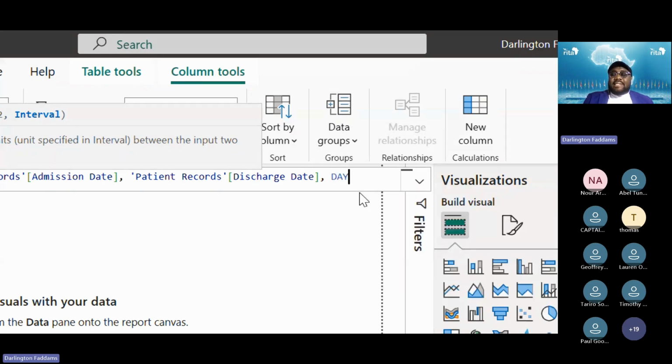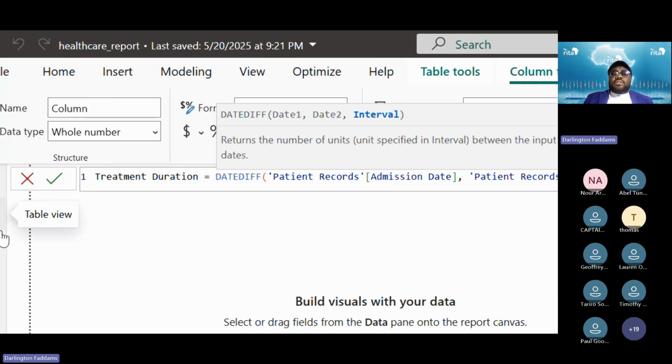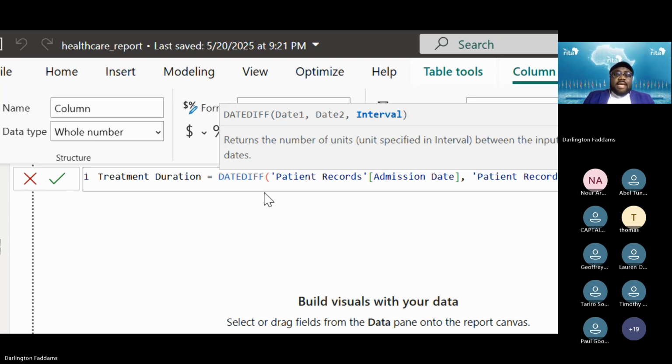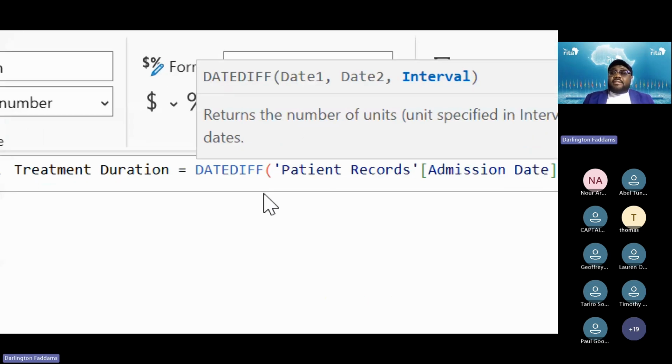We want to see, let me put it this way, the treatment duration based upon days. So choose day. And when we get into DAX, we are going to learn something: if you open parentheses for a function, and we are programmers, so we know that we are data scientists, we know about functions,